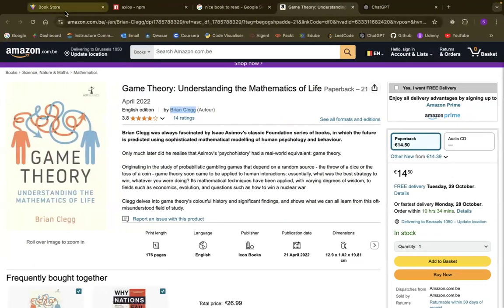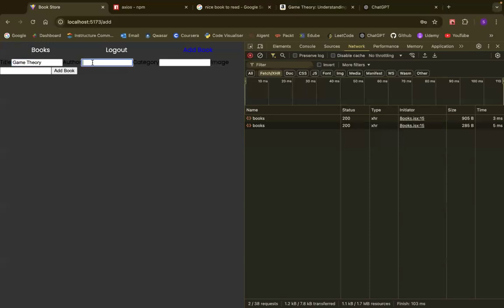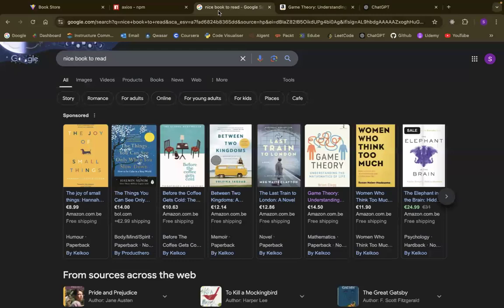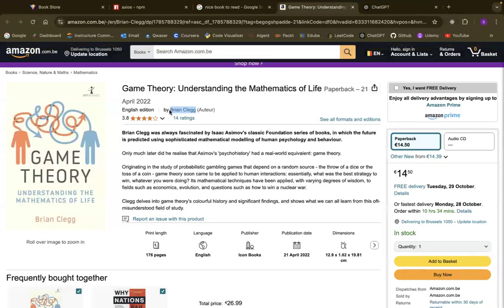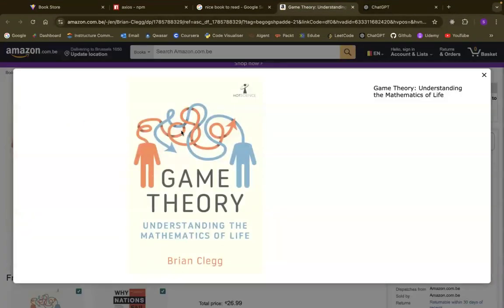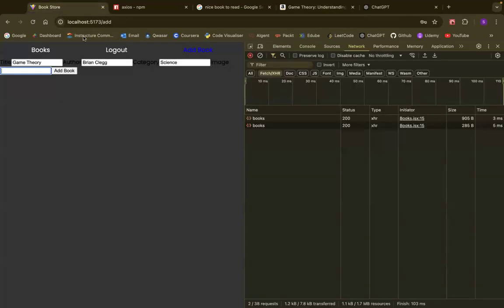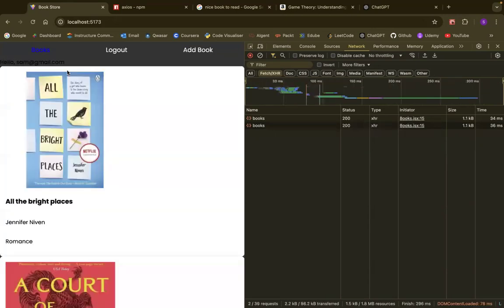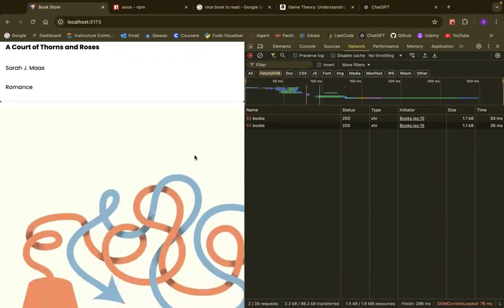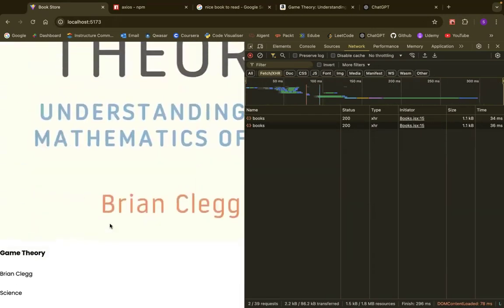And after that, the category here looks like it's science. I don't know, science like that. So I'm gonna add science, and here I need the URL. So what I can do, I can just click on this book, click on that, copy image address, and voila. If everything is fine, hopefully I will be redirected to slash. Click, and as you can see, I've been redirected to slash, and my book is being added successfully,